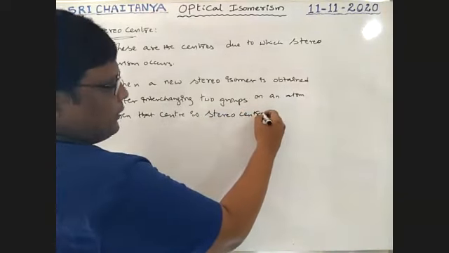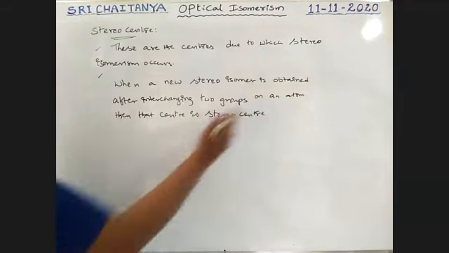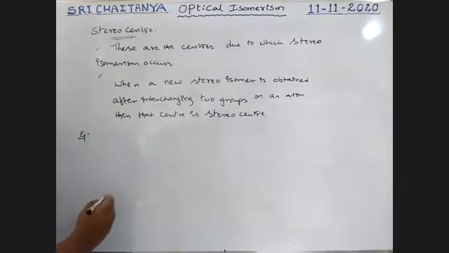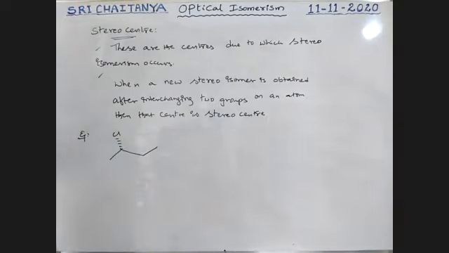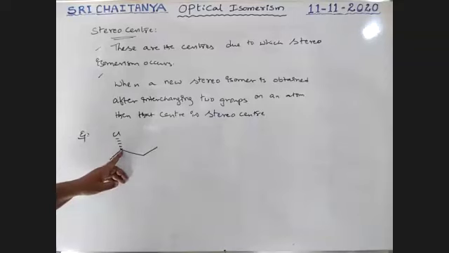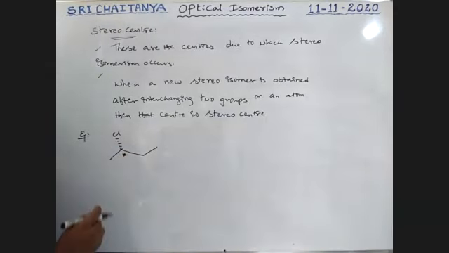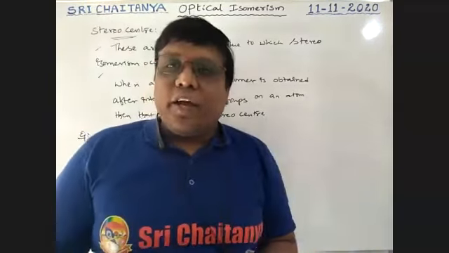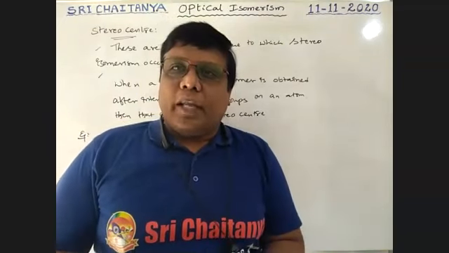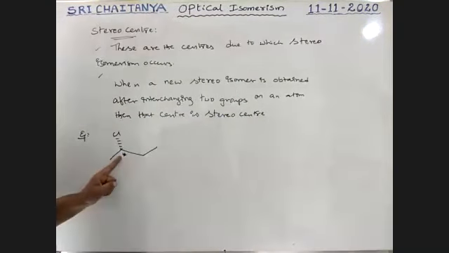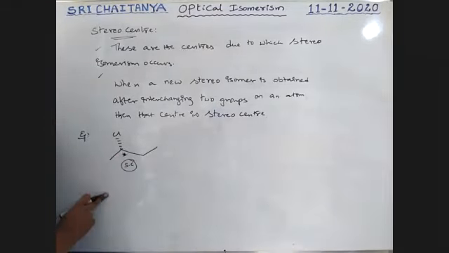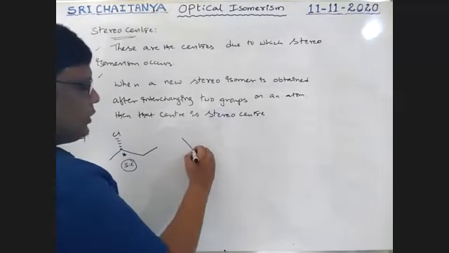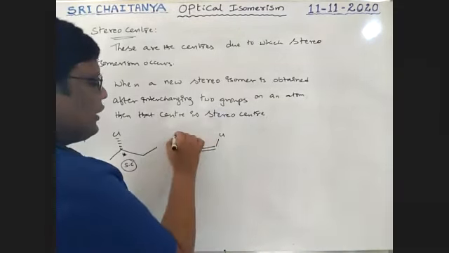See here, boys, I will explain with examples. For example, this is chlorine, boys. This is the carbon attached with a methyl group, chlorine, and one more hydrogen. It is a chiral center. Stereoisomerism is nothing but both geometrical and optical, so this explains optical isomerism. It has a stereocenter. This is the stereocenter. Okay. Now let us observe. This is chlorine. This is bromine.